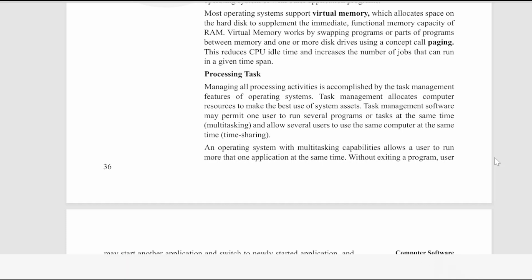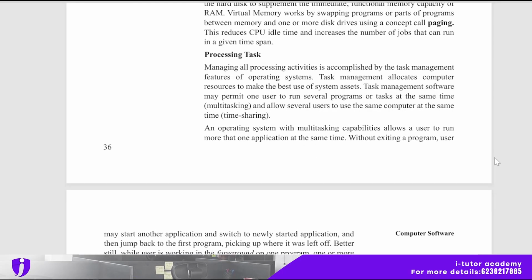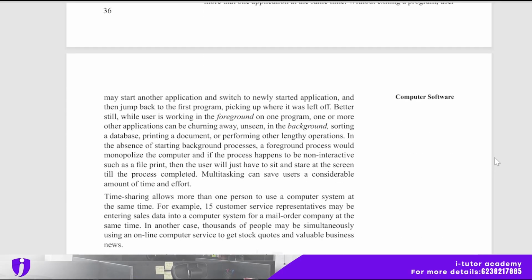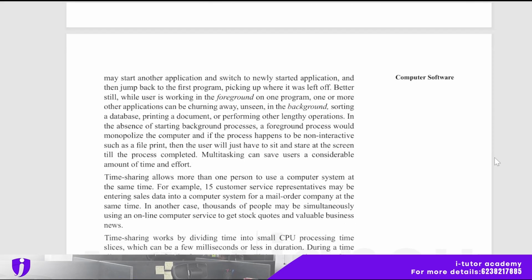Task management software may permit one user to run several programs or tasks at the same time and allow several users to use the same computer at the same time, and like that. Time sharing allows more than one person to use a computer system at the same time. For example, 15 customer service representatives may be entering sales data into a computer system for a mail order company